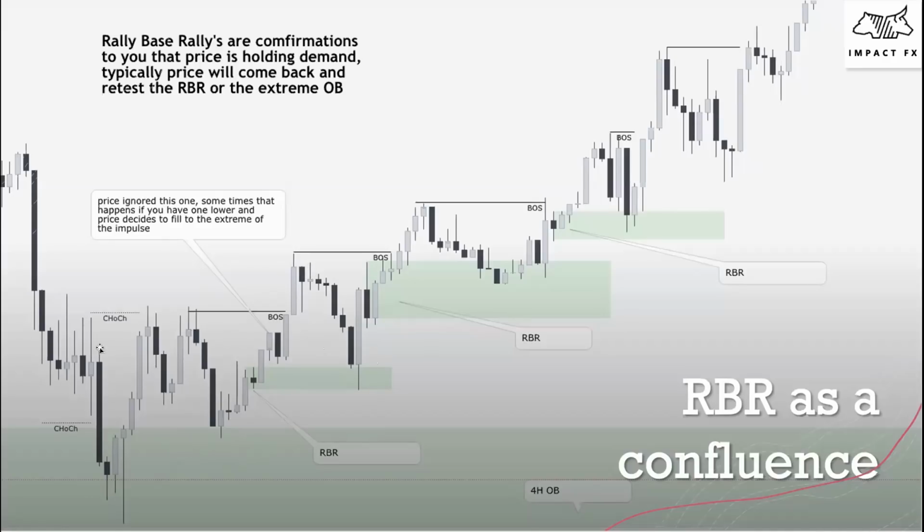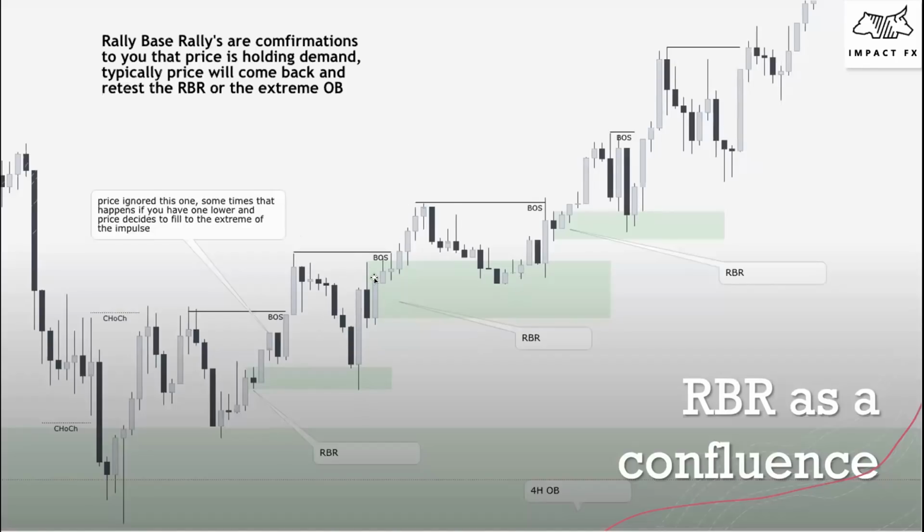The chalk took out the supply, okay? And then it broke supply. Sorry, it took out demand and broke supply. This is a chalk. This is a BOS, okay? And what you can start to look for is rally-based rallies on the BOSes. Now, this one here, price did make 2. Price decided to come to the extreme one, and that is valid. That can happen. But you can see how many trading opportunities potentially you had by waiting for a break of